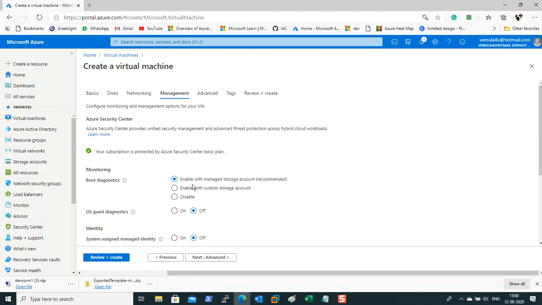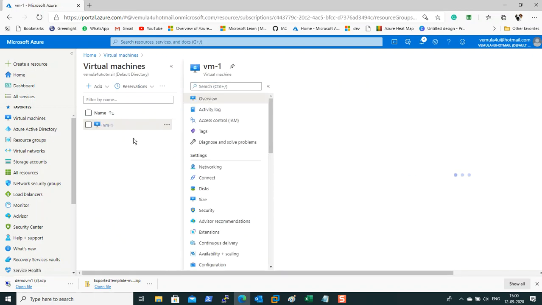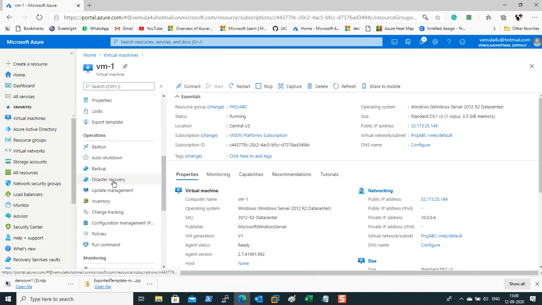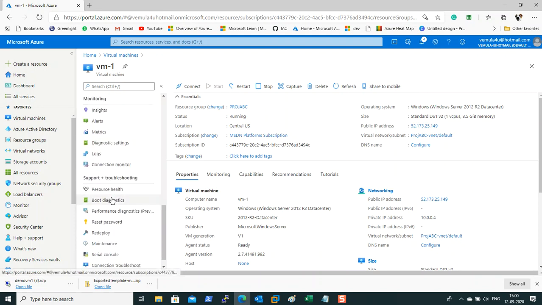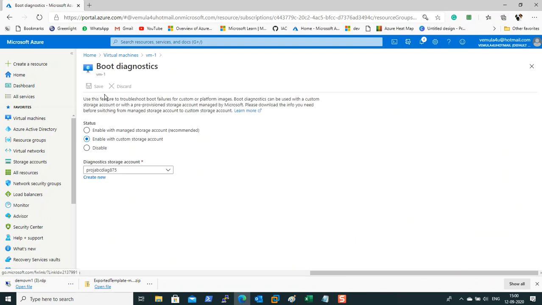It's always good to have boot diagnostics and OS diagnostics enabled. If you haven't enabled it during creation, you can always go to the boot diagnostics options, and under settings you have the options for enabling boot diagnostics.